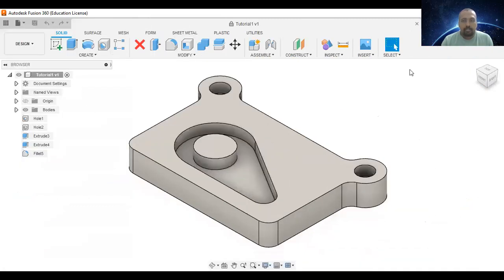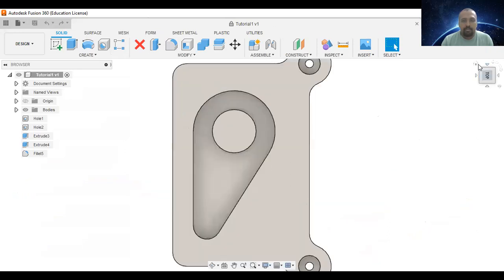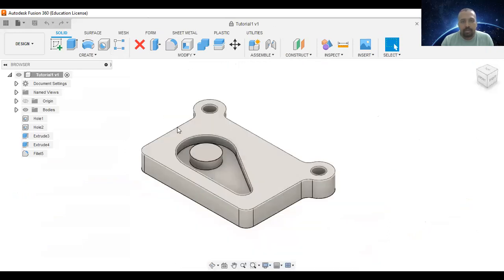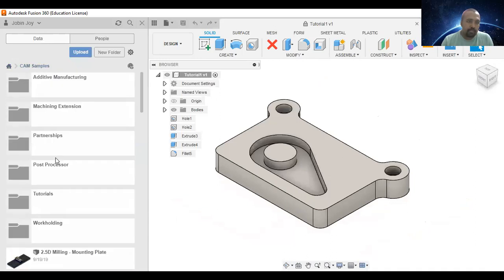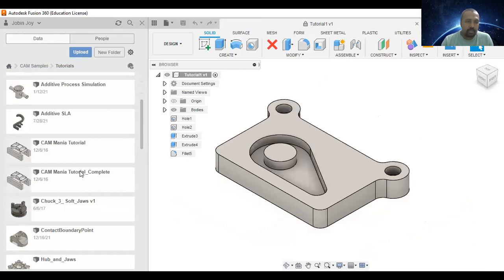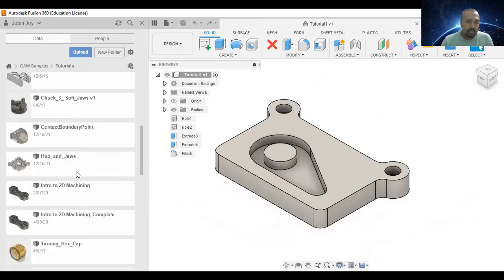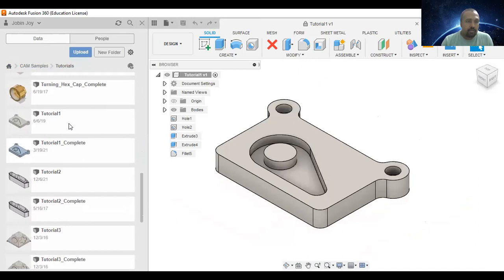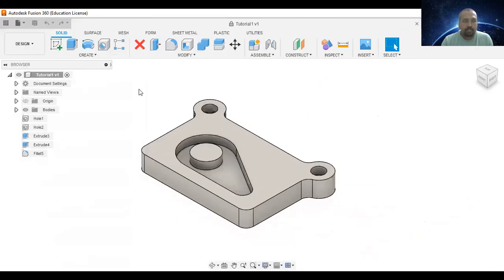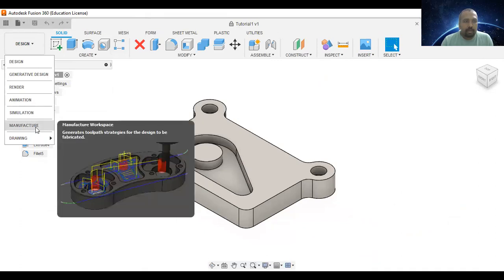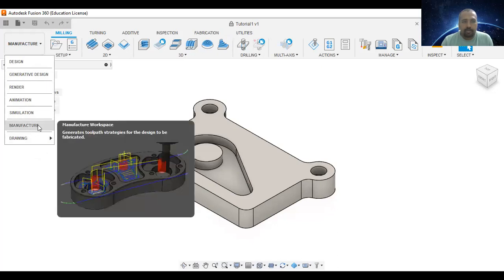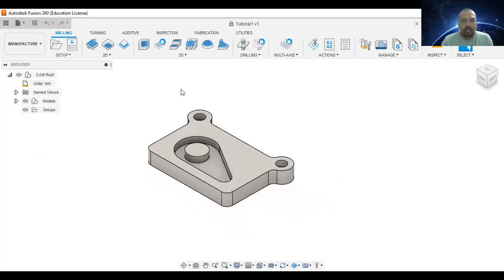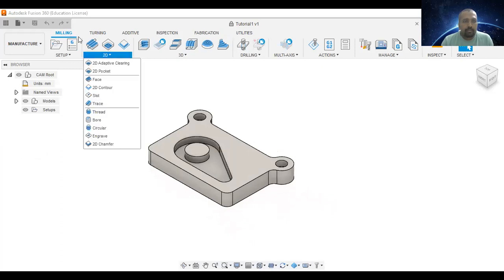The first step is you have to create your own model. So here this is one sample example. This is already in this folder, CAM samples. Go to the CAM samples, then double click on tutorials, and here you can see tutorial 1. Okay, I will open this. Then I will go to the manufacturer workspace. So I will change the design workspace to manufacturer workspace, and then I will select the milling